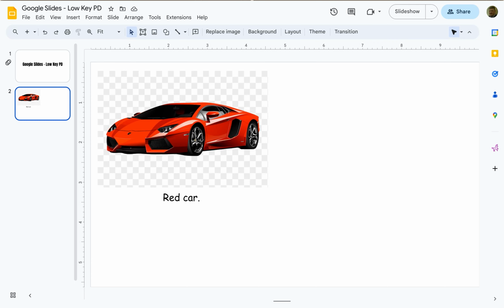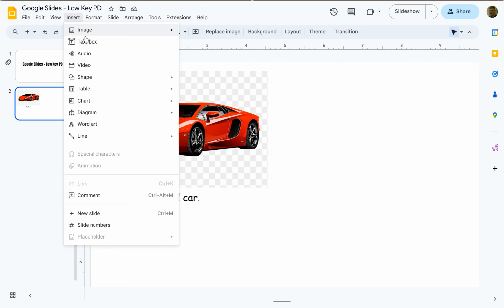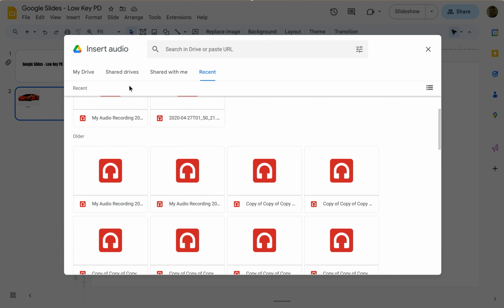In this tutorial, I'm going to show you how to add an audio file to a Google slide. So if I have recorded an audio file and I want to add it to a Google slide so that people viewing the Google slide can listen to that audio file, I'm going to click on Insert, and then the third option down is Audio, and then what will happen is a pop-up will be presented with different audio files